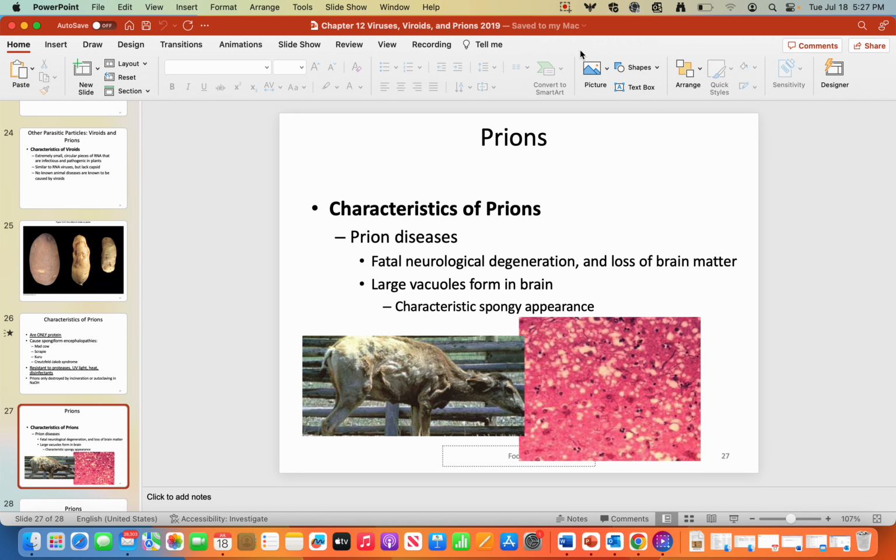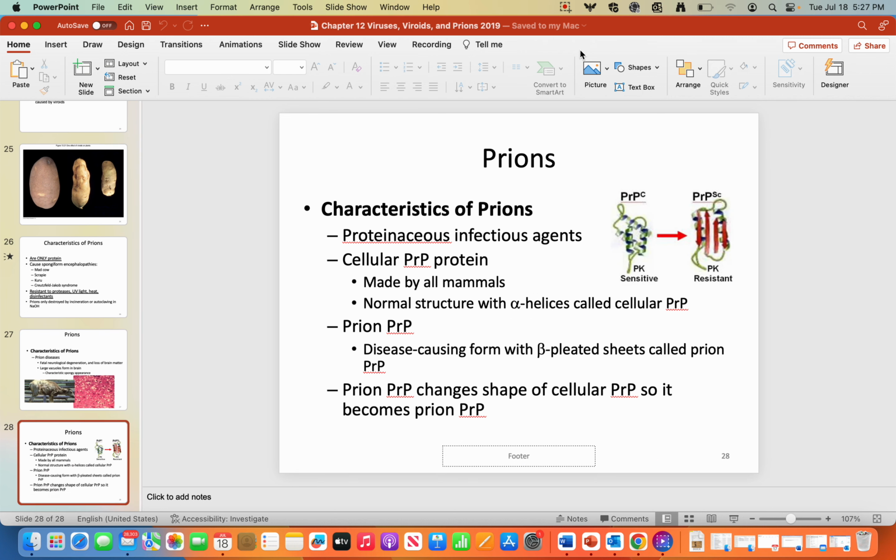Characteristics of prions are they cause diseases with fatal neurological degeneration and loss of brain matter. Large vacuoles form in the brain, creating that characteristic spongy appearance in brain tissue. Proteinaceous infectious agents,